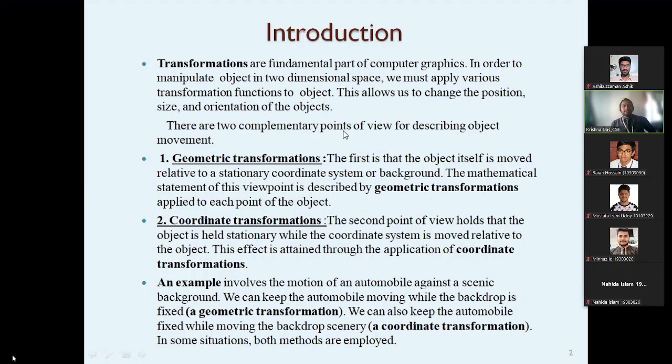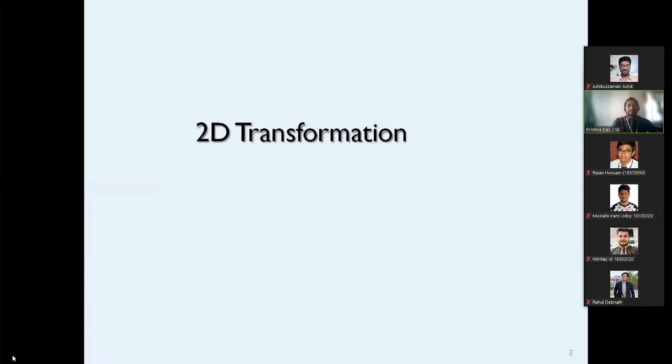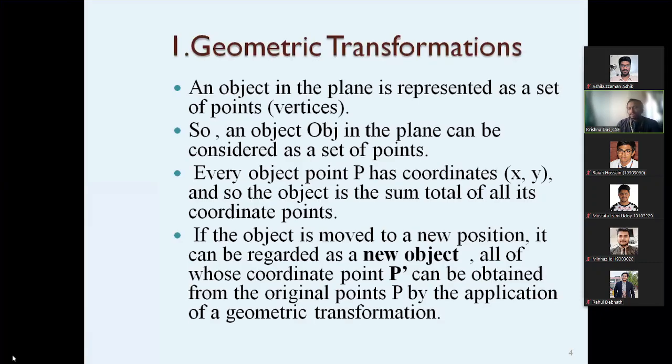What can these transformations give us? We are basically discussing 2D transformation. The depth we are not considering at this moment. This is related to two dimensions, the height and length in the x and y coordinates, which we are considering at this moment.